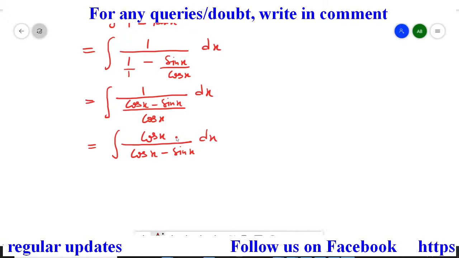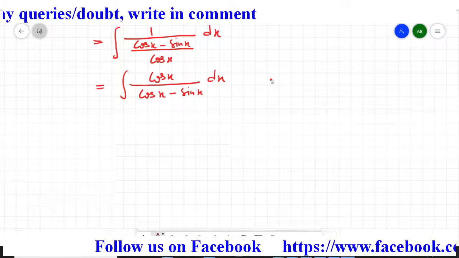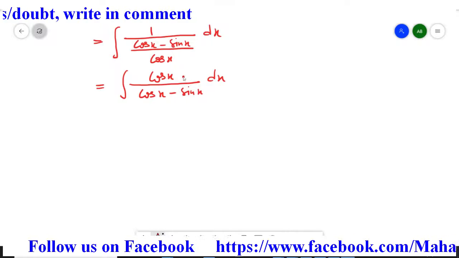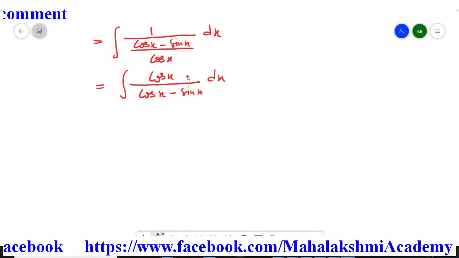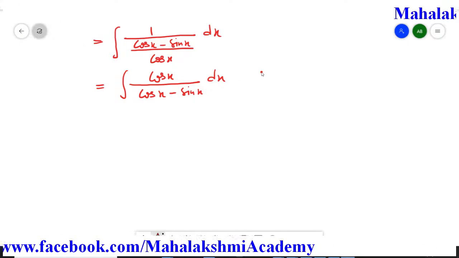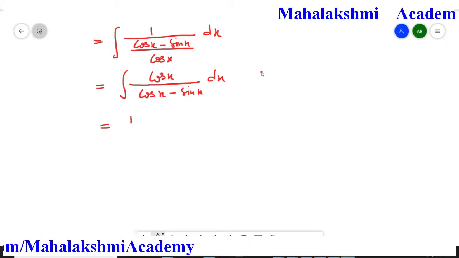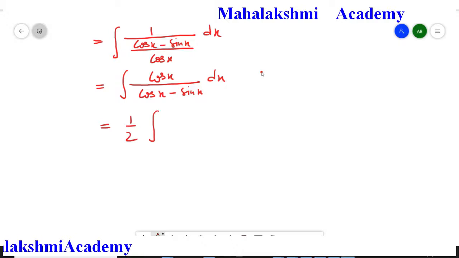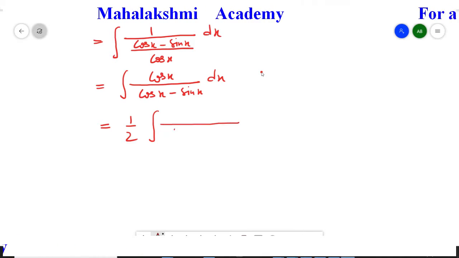Now, we cannot simply create it, there is a particular process for that. As I said, we have to create cos x minus sin x. One might think that we can just add and subtract sin x, but it will not come like that. So you have to follow this process. Once you understand it, whenever you get this kind of question in future, you can easily solve it.